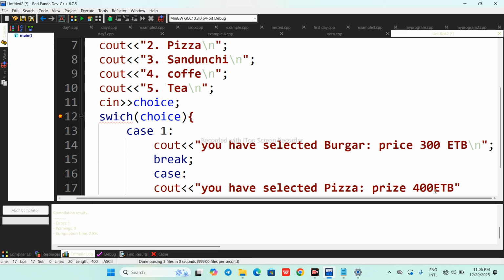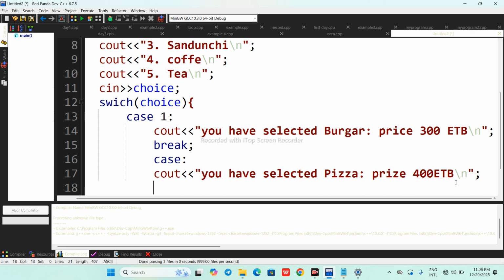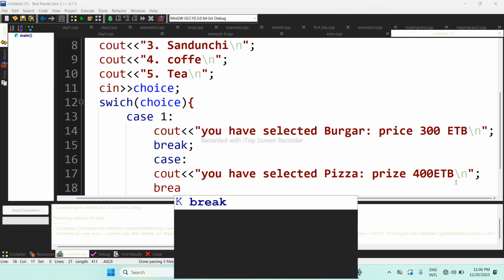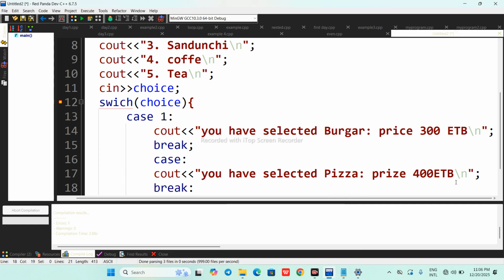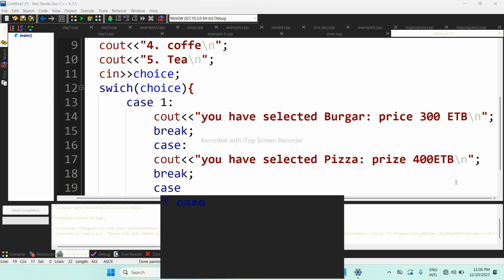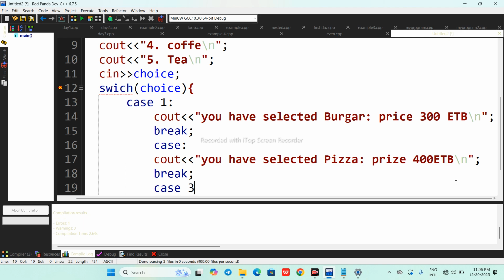Here make a new line by using \n. Then we need to finish with break, which should end with a semicolon. The next should be case 3 with a colon.